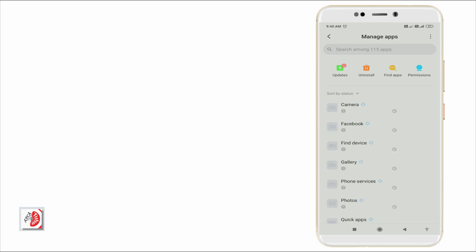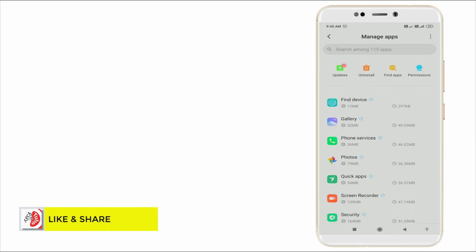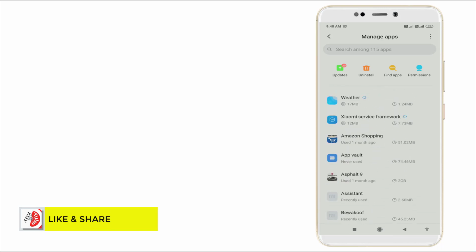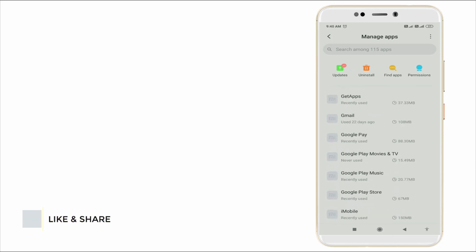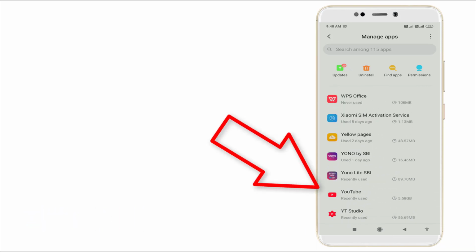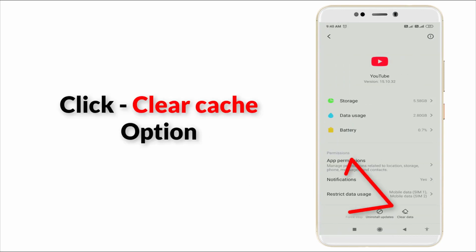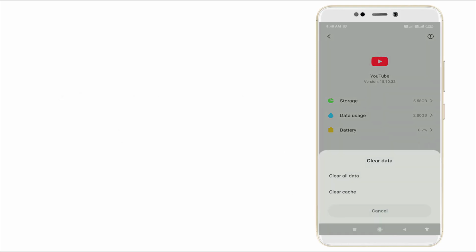and wait for a couple of seconds and slightly scroll down. You can see YouTube is there. Click the YouTube option and here you can see the clear data option at the bottom side. You want to click clear data, and here you can see clear all data and clear cache. Right now you want to click clear cache,